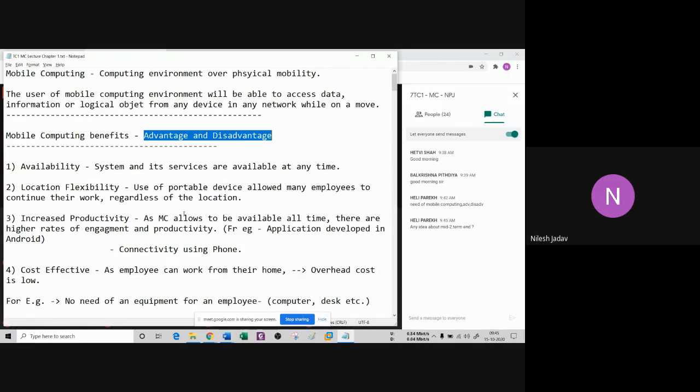Any idea about mid-term end? Mid-term end, still we didn't get. Yesterday we got some idea about GTO, I think. Maybe in 1 or 2 days they're going to announce something about mid-term or term end, because somehow the dates are being revealed. So in 1 or 2 days you will get some idea about it.